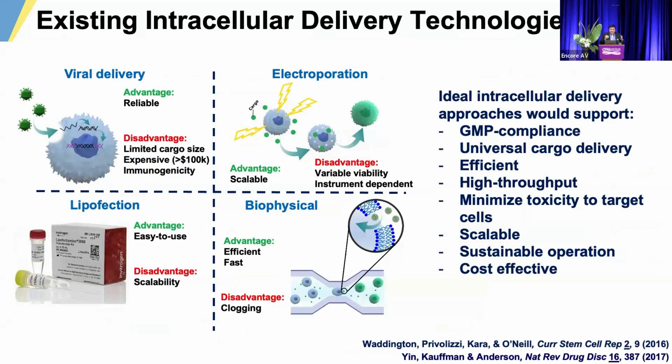Because while viral vectors have really enabled these fields, and they have decent and reliable delivery, they've evolved as nature's delivery service, if you will. They have issues in terms of cargo carrying capacity and manufacturing costs in terms of creating clinical grade, what are called good manufacturing practice grade viral vectors. Non-viral vector methods